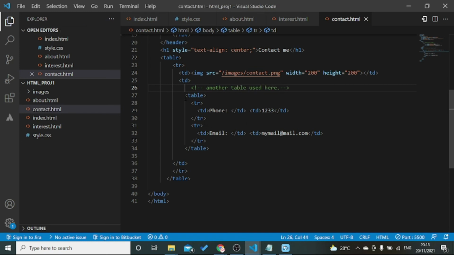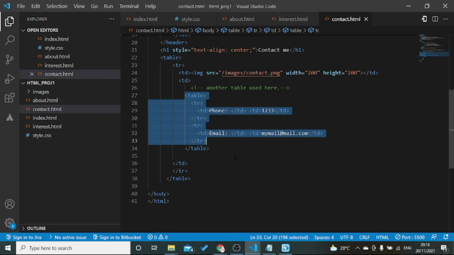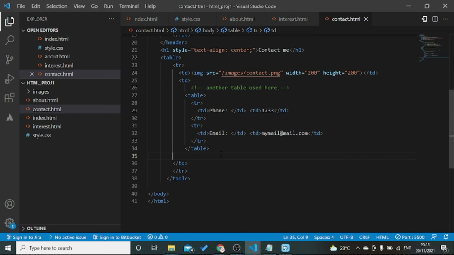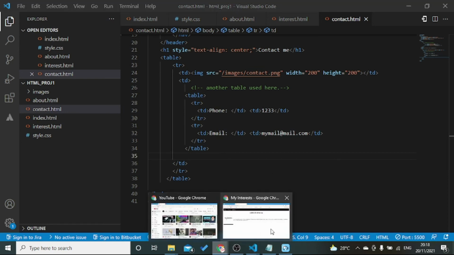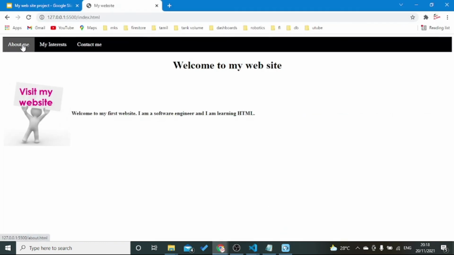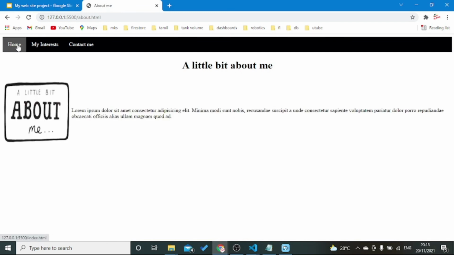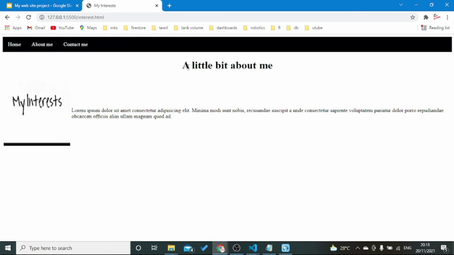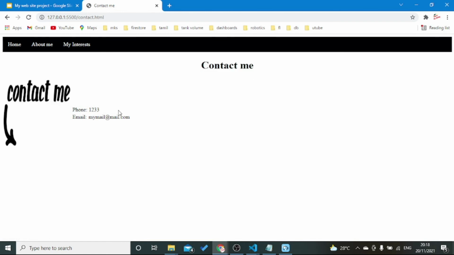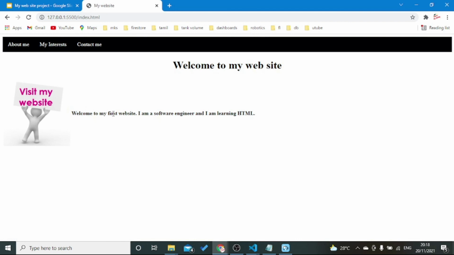So here I have used another table to display the contacts. Now let's check how it is working. So we have three menus. About us is working. It has some text and title. My interest, yeah, it's working. Contact me, and from everywhere I can come to the home page also.